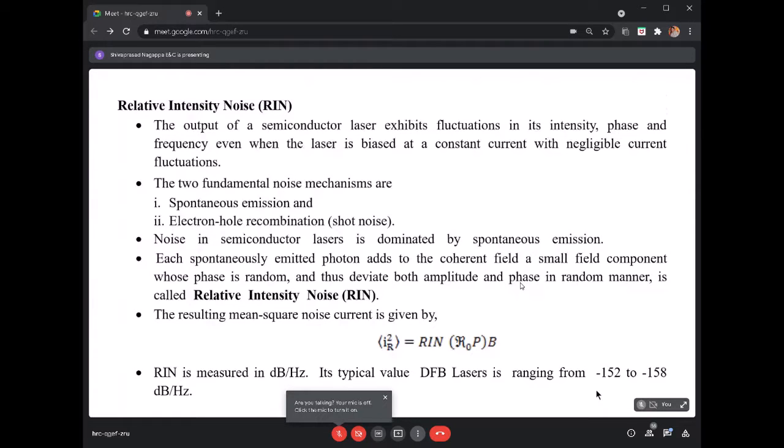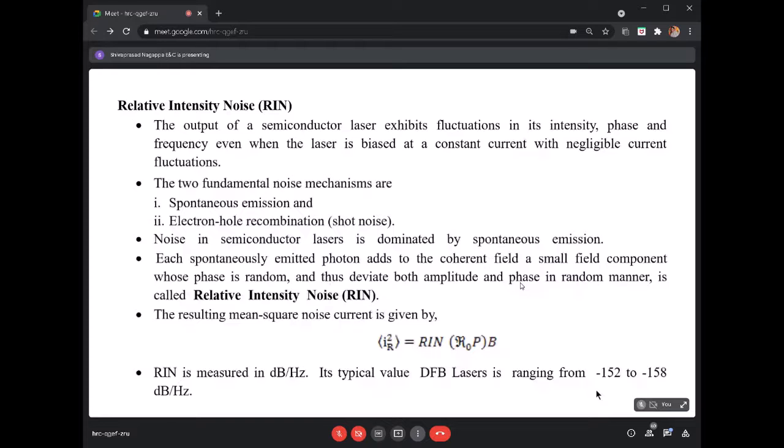So in order to get the original signal, we will be modifying it. Modifying it means that we'll be amplifying that, and then we'll be sending it out. Okay. So there we discussed so many noises, that is harmonic, RIN, modal distortion, ASE, and shot noise, thermal noise,